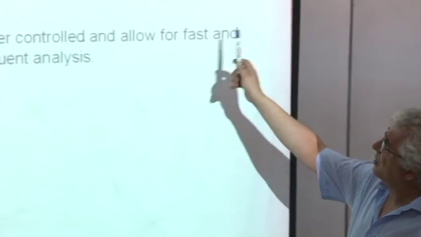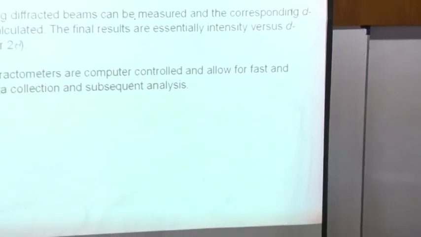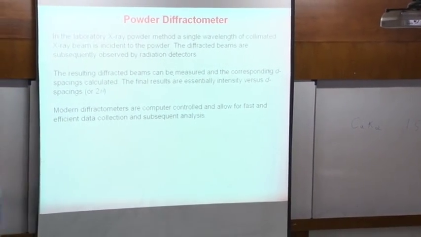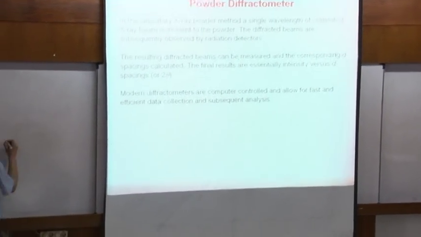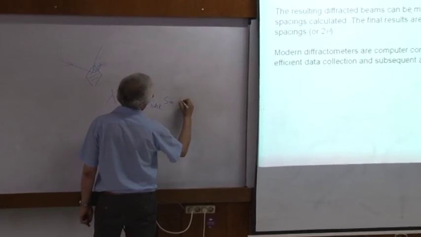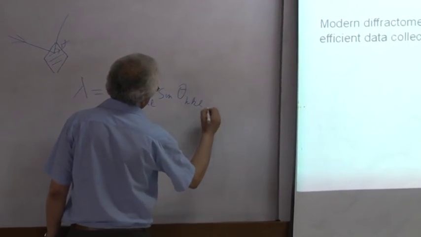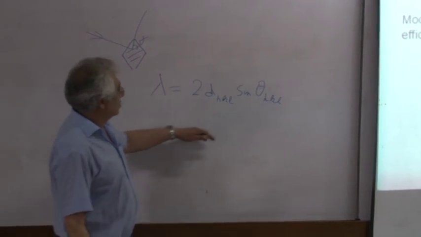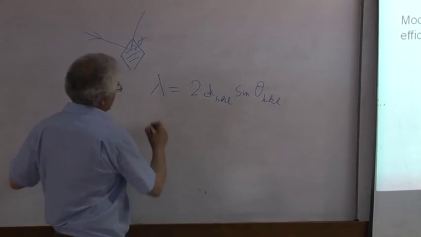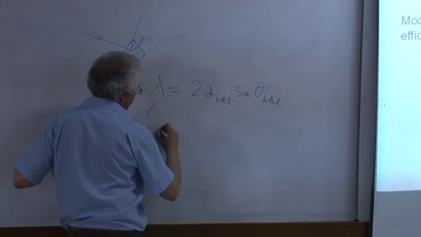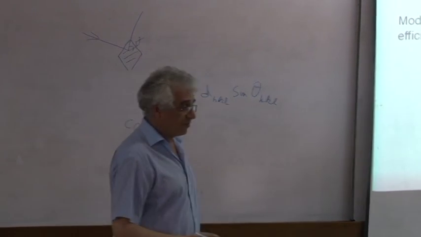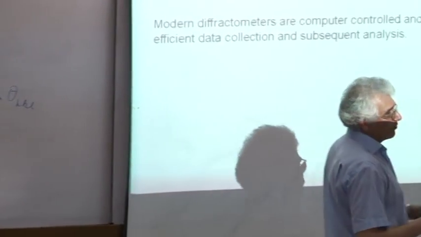So the resulting diffracted beams can be measured and the corresponding d-spacings calculated. So Bragg's law again: wavelength lambda equals 2 d_hkl sine theta_hkl. So what we're doing is we need to vary theta, but we're keeping lambda constant. So in the standard experiment, that's constant. So we're working at constant wavelength, which we can get from a normal